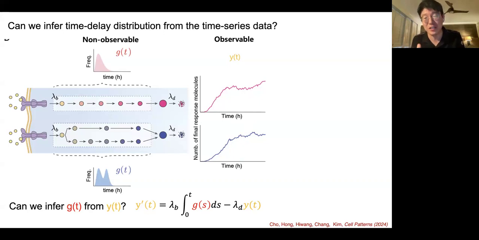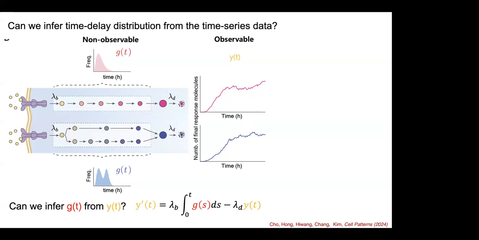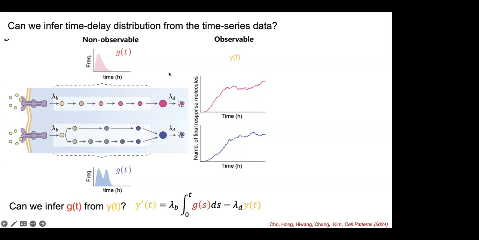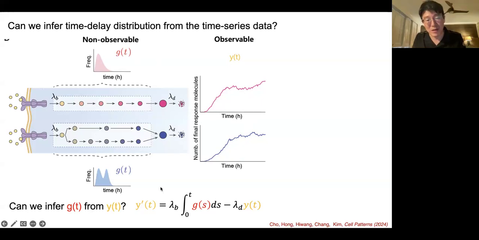But indeed, in certain experimental data, there are real oscillations. That oscillation indicates that it's not following this simple birth-death process. It has a negative feedback loop. Then we need to modify this equation to include the negative feedback loop. So here, the production term will also depend on y of t. In this case, we can still apply DensityPIN. We just need to change the first production term to analyze oscillatory time series data.